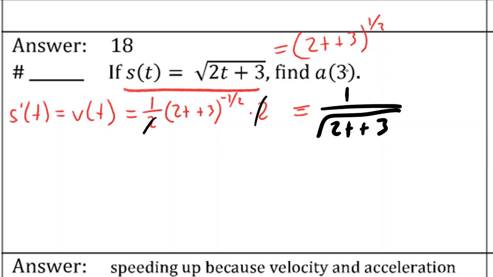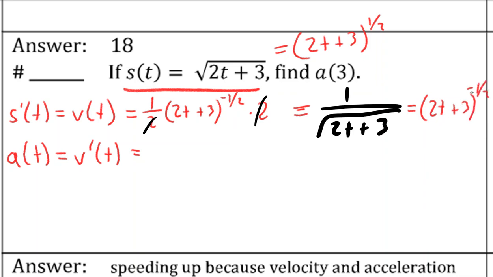But we're supposed to plug 3 into the acceleration. So you also have to remember that acceleration is the derivative of velocity. So you should have also taken the derivative of this. So I would rewrite it with exponent rules first so that I could do the power rule, bring the power down,